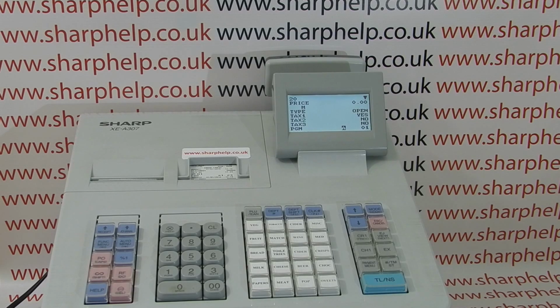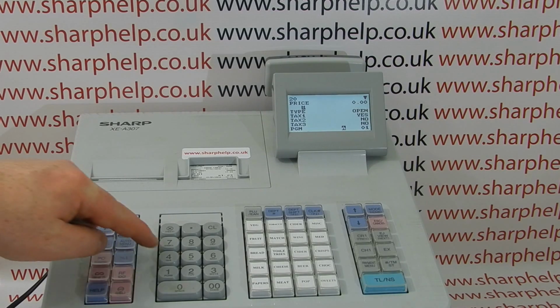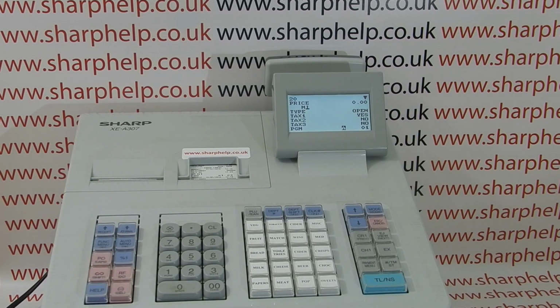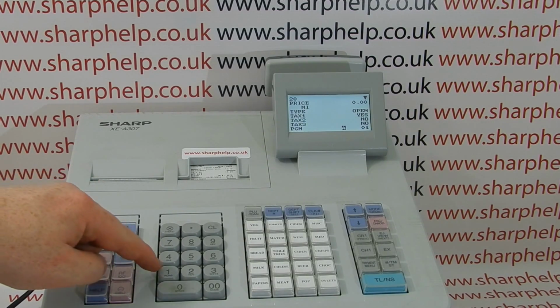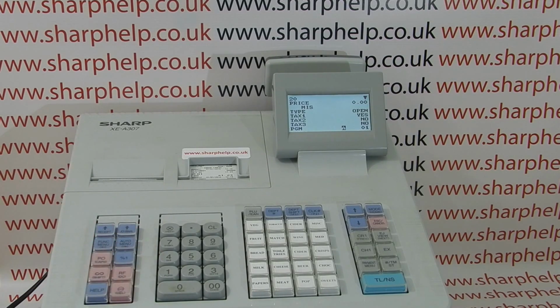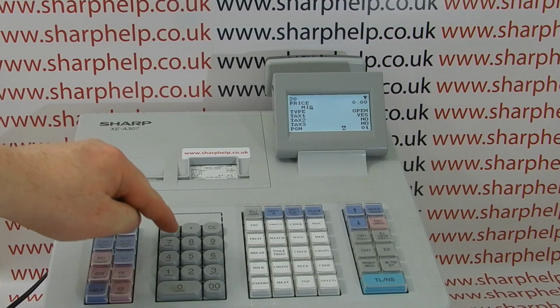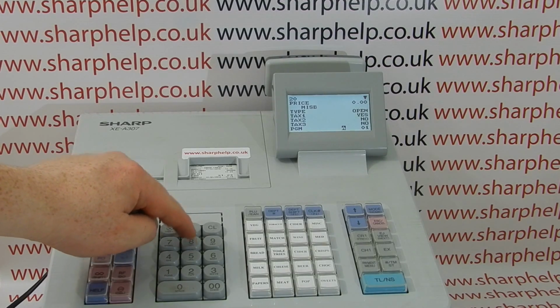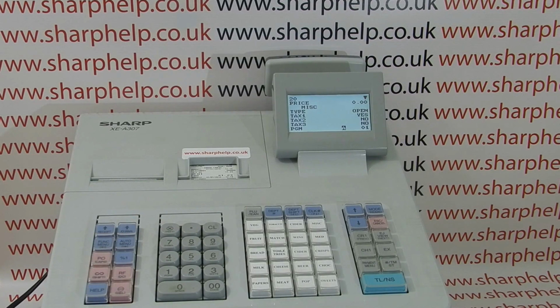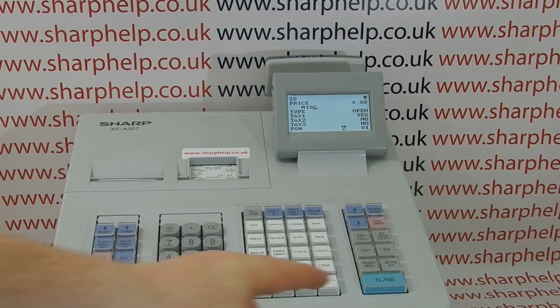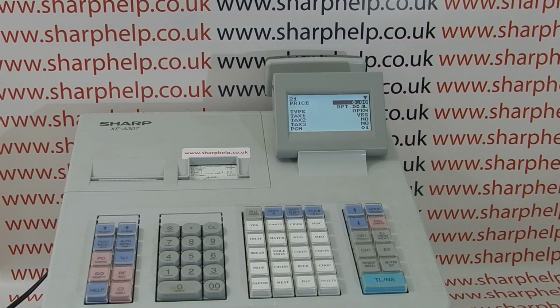So to get the M we press the number 6 key once. To get the I we press the number 4 key 3 times. To get the S we press the number 1 key 4 times, and then for the C it's the number 8 button 3 times. And there we go, we've got our description programmed in. So to save that we press TLNS